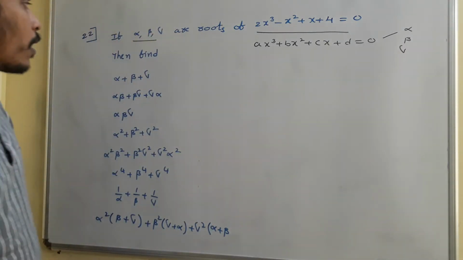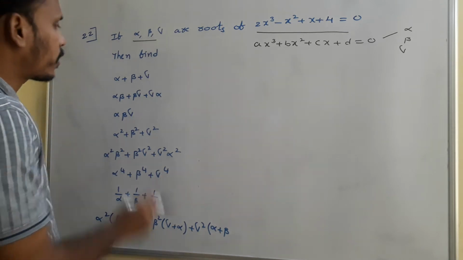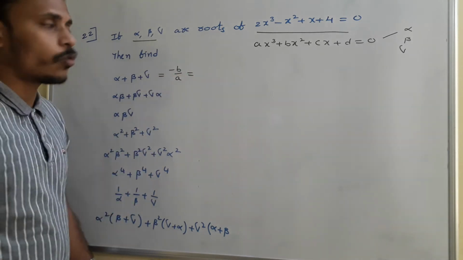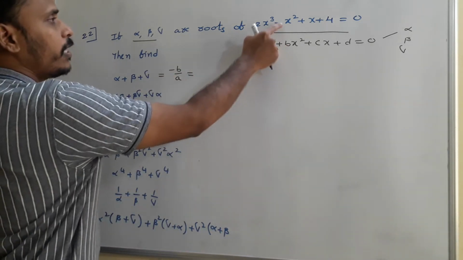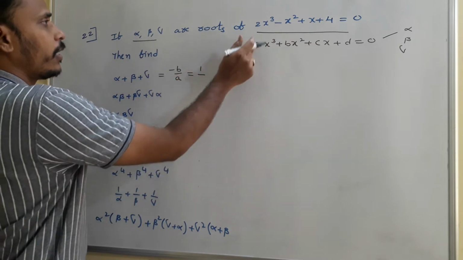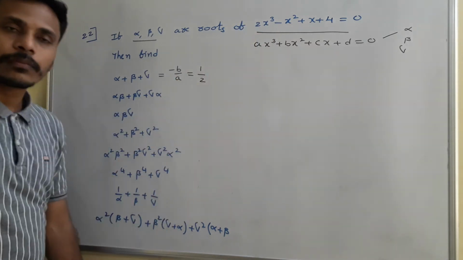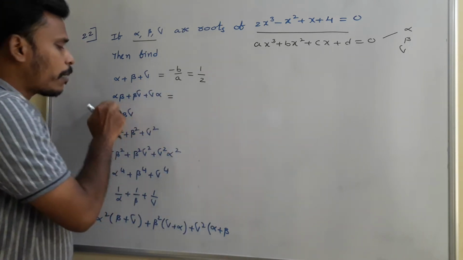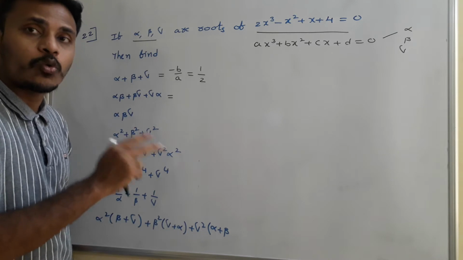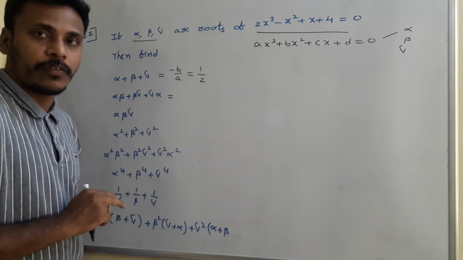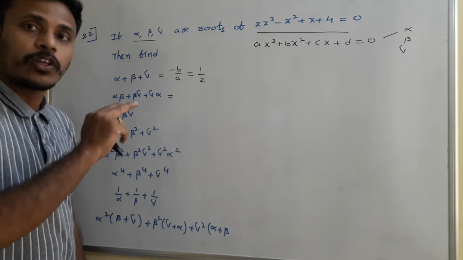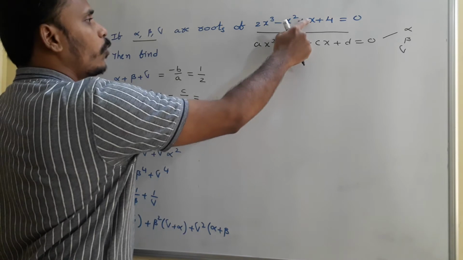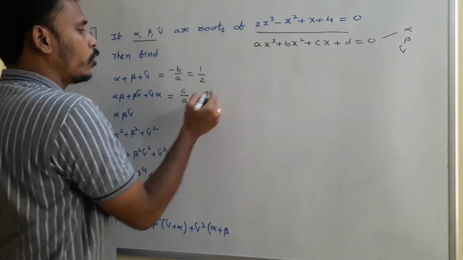in the previous session, the sum of the roots alpha plus beta plus gamma is equal to minus b by a, and that is equal to what? Minus b. B is minus 1, so minus b is 1, and a is 2, so 1 by 2. And alpha beta plus beta gamma plus gamma alpha, the sum of the products of the roots taken two at a time, I already mentioned in the previous classes, is simply c by a. And that c is actually 1. So the x coefficient is 1, and a is 2, so 1 by 2.